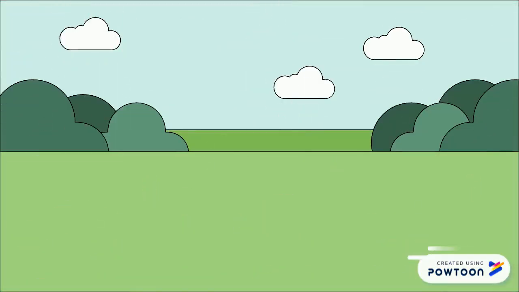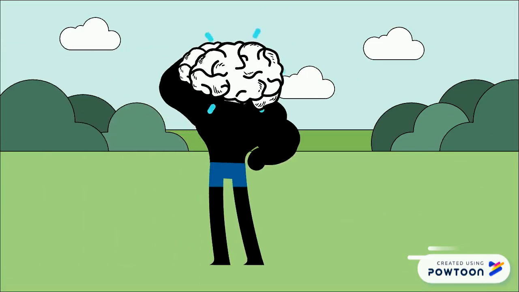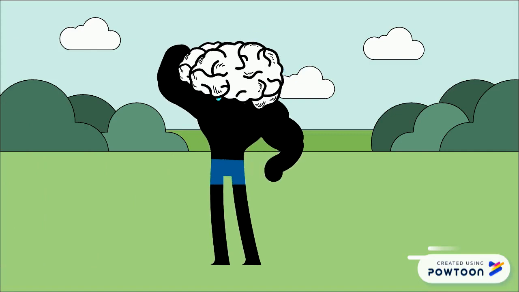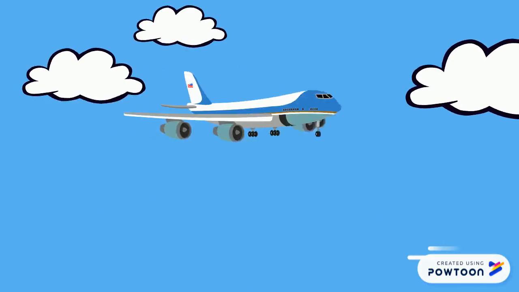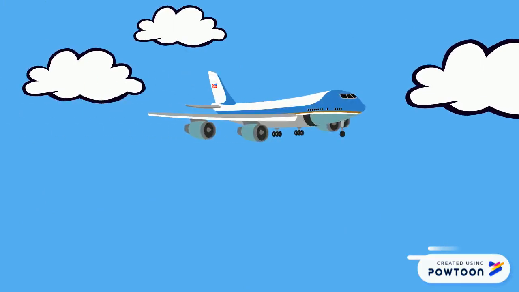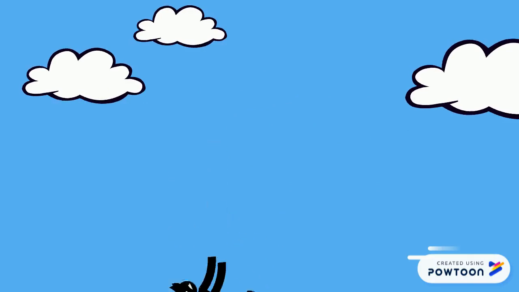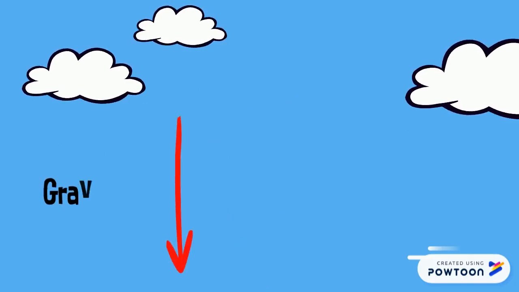So, for my last example, I would like to use an impossible scenario. So I hope that your imagination will keep up with my amazing imagination. Imagine yourself flying in an airplane for a trip, and suddenly someone opened the emergency door and pushed you out of the plane. Now normally, you will fall downwards, as there is a force which drags you down. This external force is called gravity.